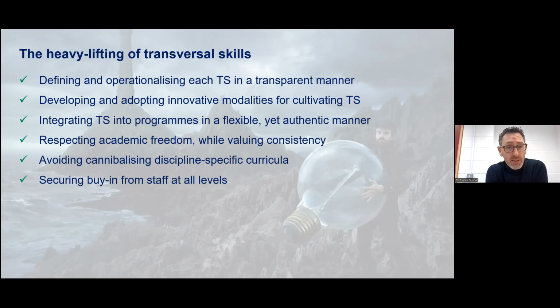For example, what we are doing in DCU is that, for the first time ever, students will graduate with their degree transcript in sustainable engineering or mechatronic engineering, accounting and finance, whatever the case is. But they will also graduate with a fully personalized transversal skills profile that's unique to them. And crucially, their level of competence in these transversal skills will have been formally assessed within the program structures. That's quite unique, because a lot of people self-report on their transversal skills. And actually, there's a lot of value in that. Certainly Magella talked about the importance of telling your story.